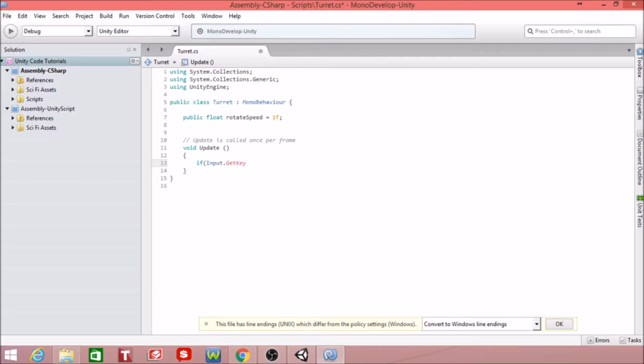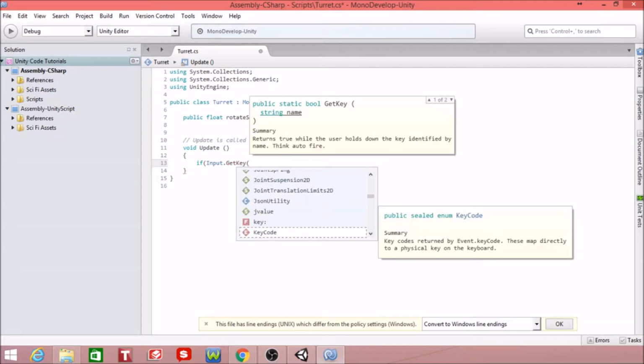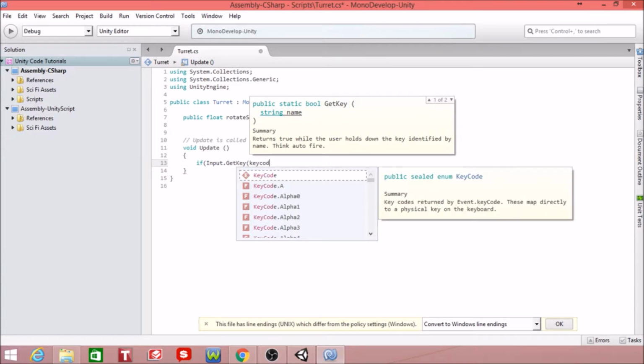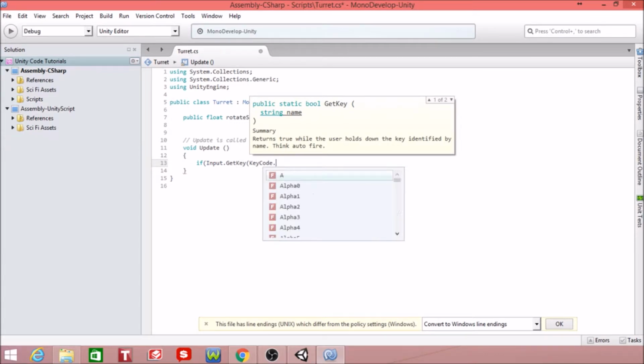And then hit the tab. That's what I just did. I hit the tab key. So we're going to say get key, and then we're going to open parentheses because we're going to get which key are we talking about. Let's do key code. See, key code, I hit the tab key again, dot